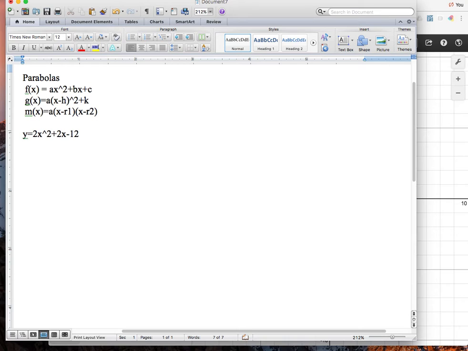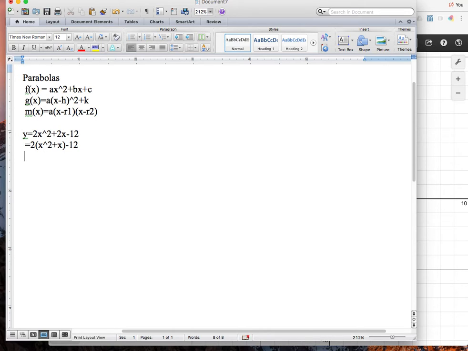And I'd like to convert that to vertex form, so I need to complete the square, equals 2 times x squared plus x minus 12, x squared plus x, not plus 2,